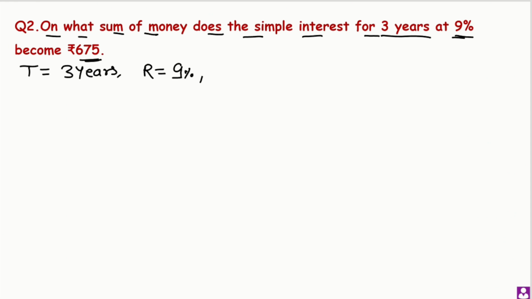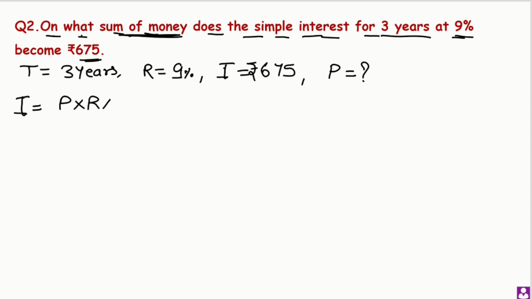Now rupees 675. What amount is it? The simple interest. 675 rupees is the simple interest which is given. And what do we need to find? On what sum of money? Sum of money means P, we need to calculate. So the formula will be I equals P times R times T over 100. Substitute all the values. I is given, 675 equals P, we need to calculate, times 9 times 3